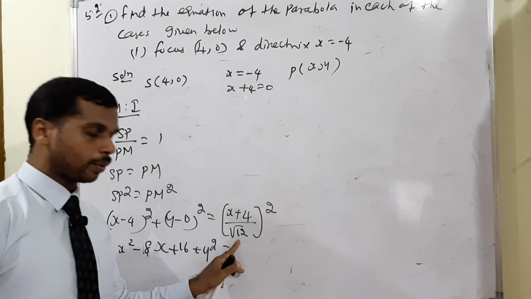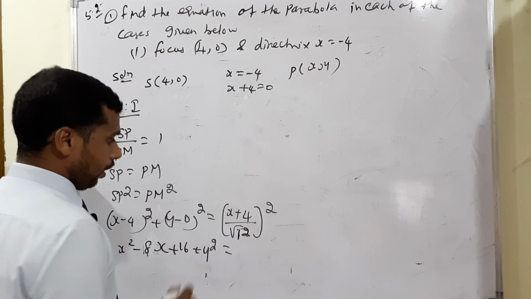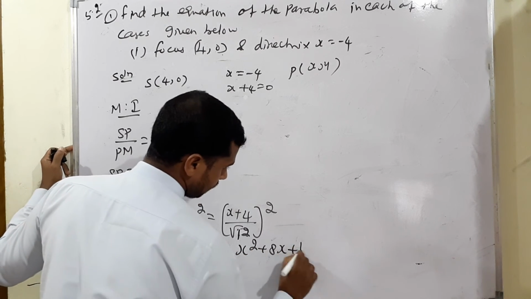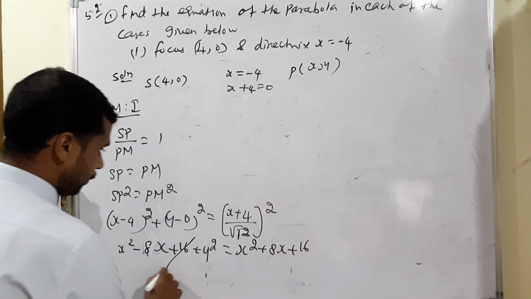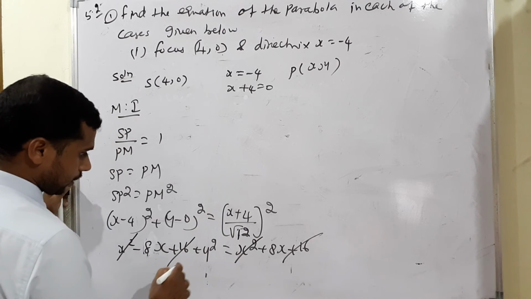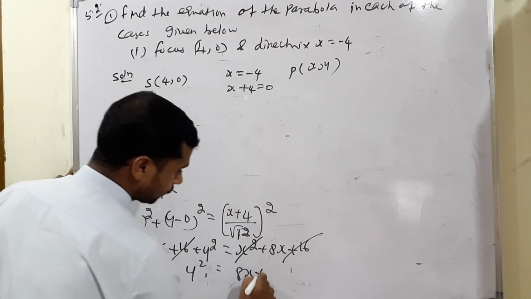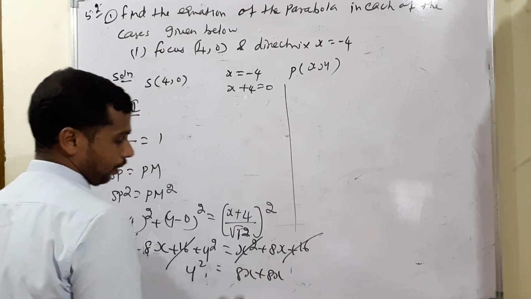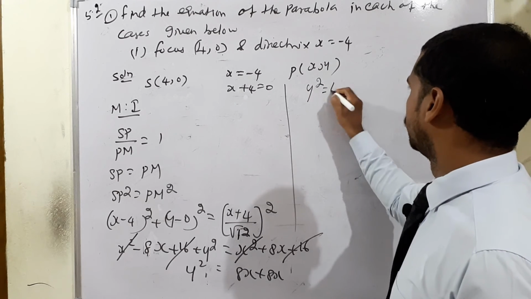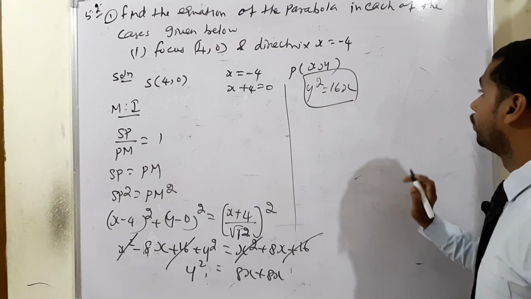Again denominator square root of 1 square is there. So square root of 1 square means definitely value will be 1. (x plus 4) the whole square means x square plus 8x plus 16. Again positive 16 cancels, then x square cancels. Therefore y square is equal to negative 8x, bring to the opposite side means positive 8x. Therefore the subdivision 1 answer will be y square is equal to 16x. This is method 1. I am moving to method 2.